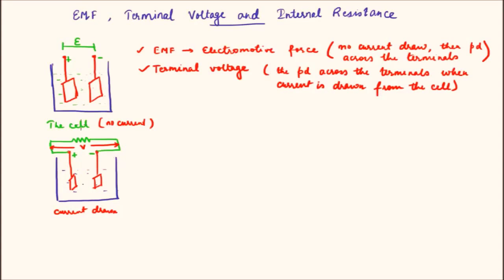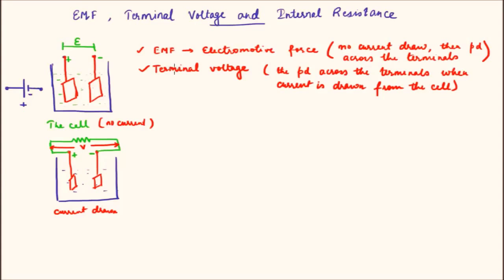Fine. But before that, let me briefly mention that a cell is represented like this. This is a symbolic representation of a cell, where the longer line is the positive terminal and the shorter line is the negative terminal, and these are my terminal ends. So basically this is this end and this is this end, and if we attach a resistor to it, in this scenario, we just need to attach a resistor over here like this. Fine. So now that we are clear of the convention of the drawing,